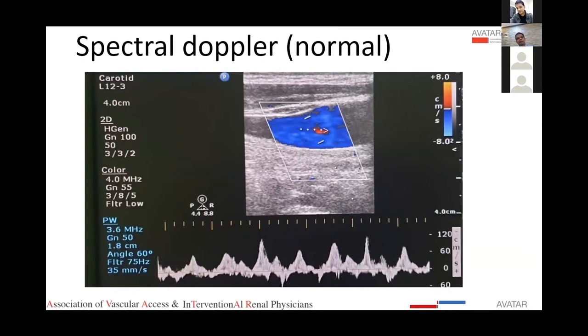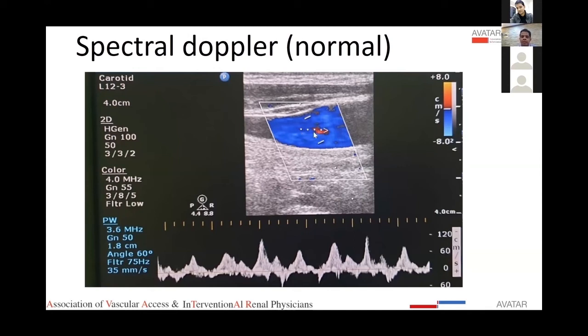So after the color Doppler, the next form of Doppler that gives us additional information is called spectral Doppler. This study shows the blood flow in the form of a wave. So here what we do is we take the color box, and then within the color box we choose a tissue. This is called a tissue gate. So we generally like to sample around two-thirds of the blood vessel.